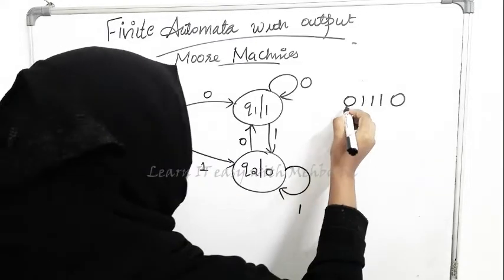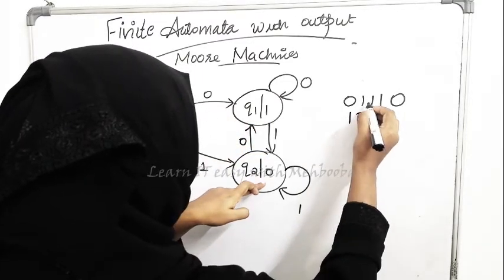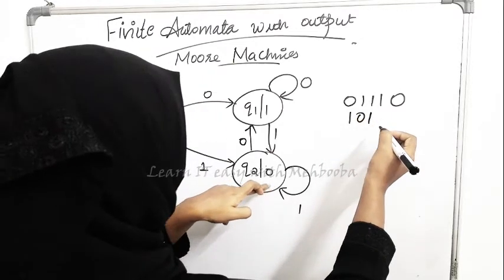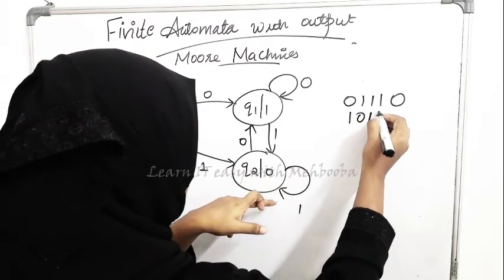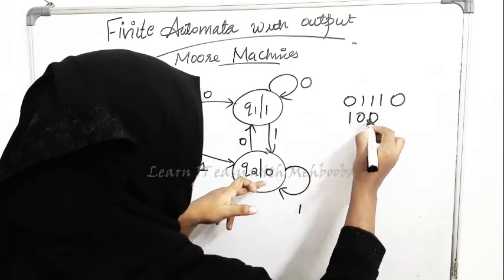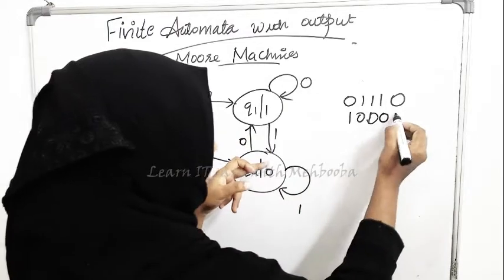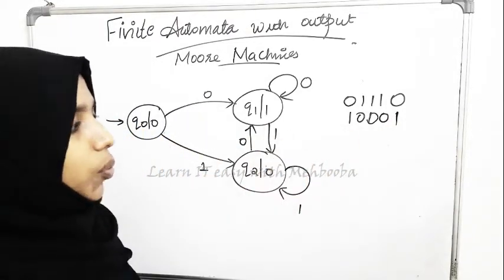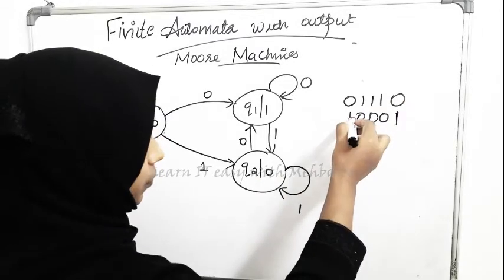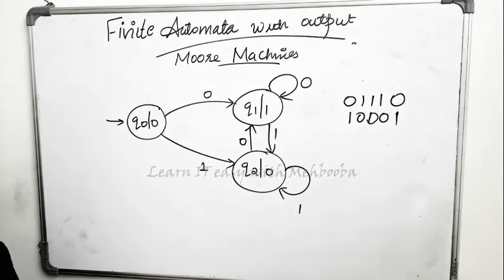That's it. So for the 0 you will get the output 1, for this one you will get the output 0, for this one you will get the output 1. For this one, you will take this loop and stay here, and for this one you will get the output 0. Now for this one you will stay here and it will keep on giving the output 0. For the 0 you will move to this state and this will give you the output 1, and that is the ones complement, isn't it? 0 1 1 0. Now 1 0 0 0 1. Yeah, this is how it works. So that is the Moore machine for ones complement of a number. Okay, so hope that is clear.